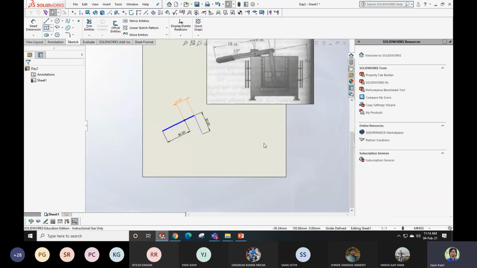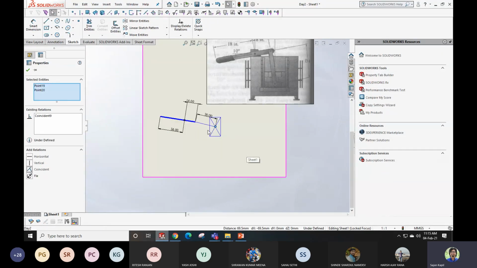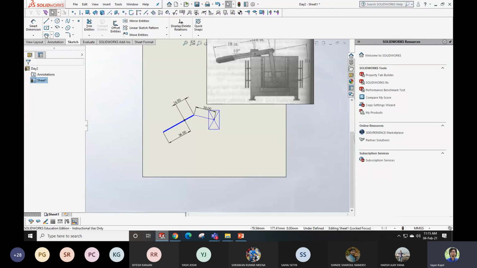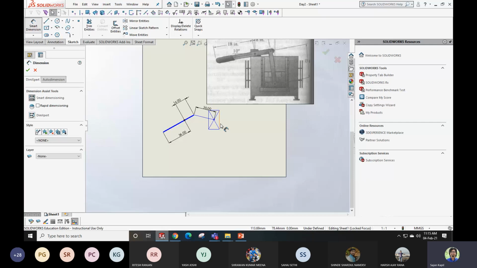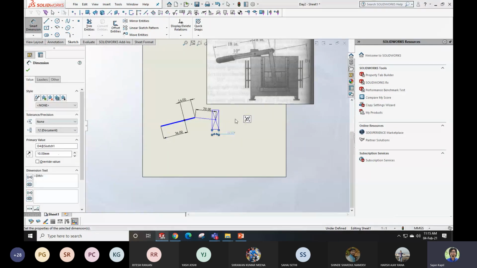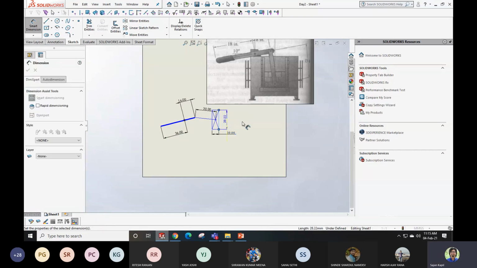Now there is a block connected with that, so I'll just make a block, and I'll say that this block is coinciding with the center of this. Correct. And also I'm going to give some dimensions to this so that it will look very similar to what we are doing. So maybe 10 mm, and this may be 10. Fine.